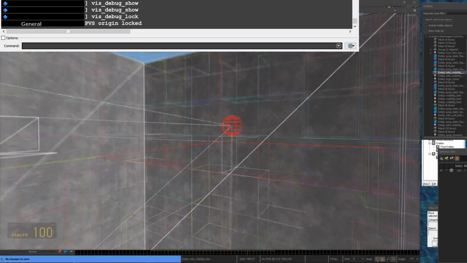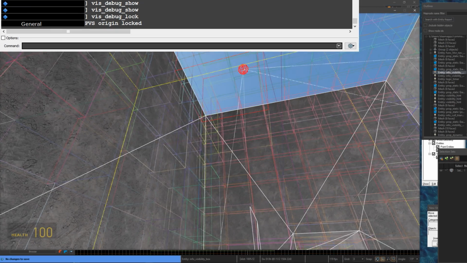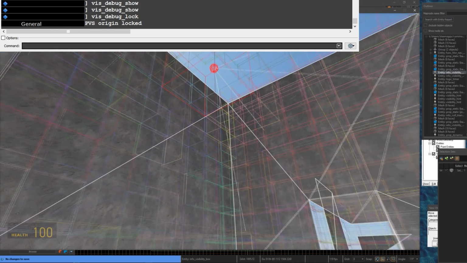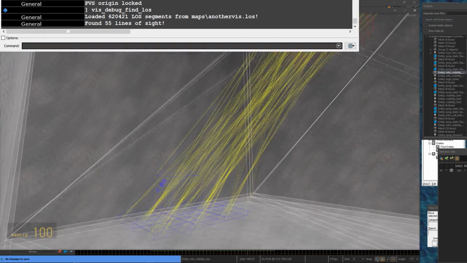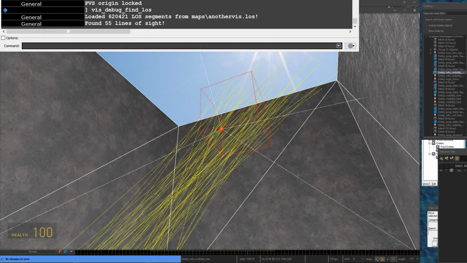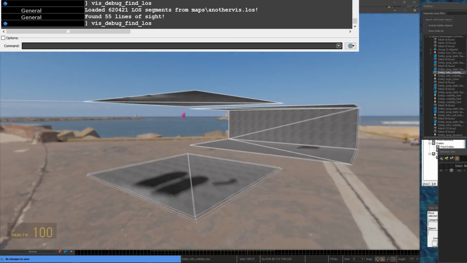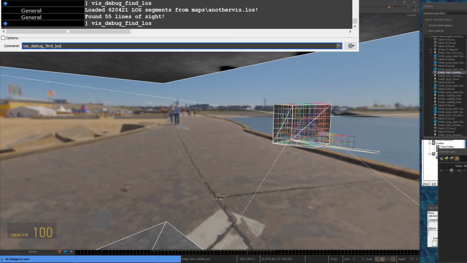The red cluster here is the cluster that your camera was in when you ran the command. You can move to a new area and run the command visdebugfindLOS. This will display all the lines of sight between your current Viz cluster and the Viz cluster that your camera was in. So using this, we can prove that this phantom geometry, found 0 lines of sight, should not